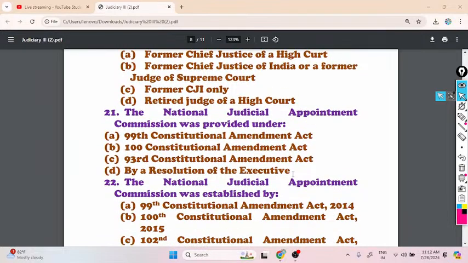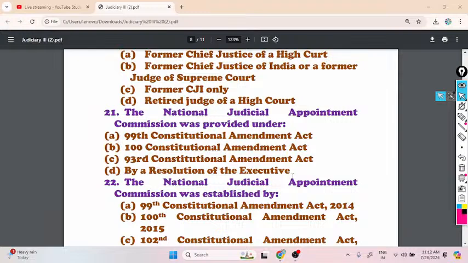Question 26. The National Judicial Appointment Commission was provided under. The National Judicial Appointment Commission, or popularly known as NJAC, was established to do away with the collegium system prevalent in the judicial appointment. It had the ambition to do away with the collegium system where judicial domination is prominent in the appointment. The government of India wanted to dilute the collegium system and put in place a high-level body called National Judicial Appointment Commission